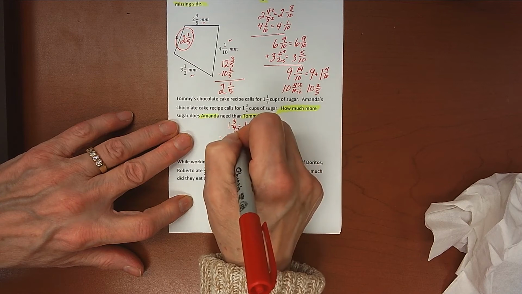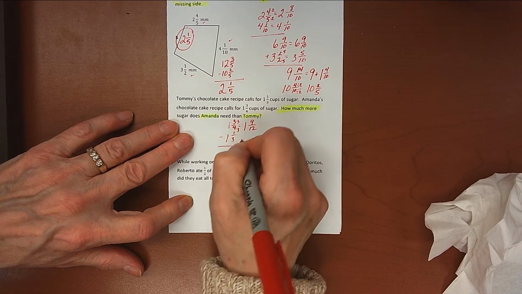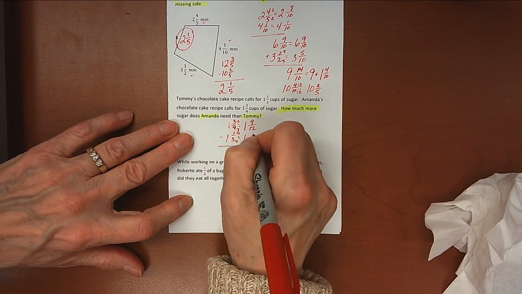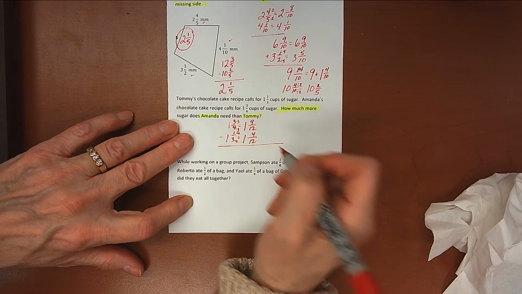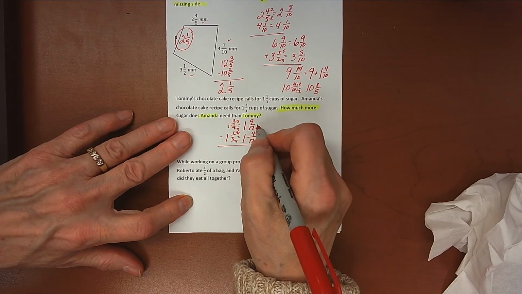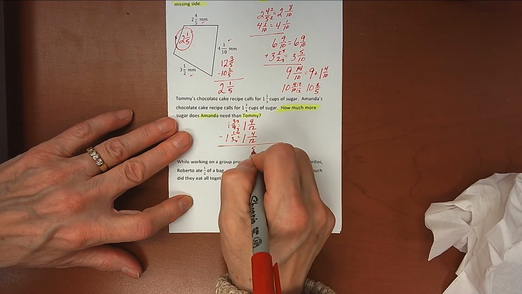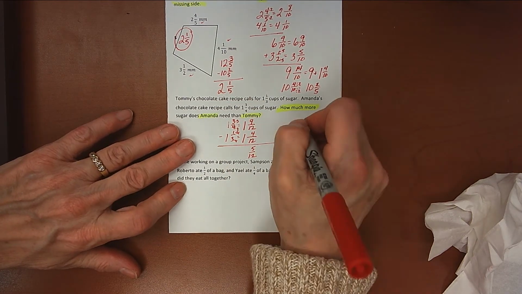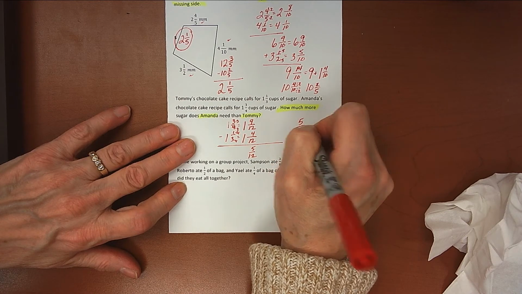4 times 3 is 12. 3 times 3 is 9. 3 times 4 is 12. 1 times 4 is 4. And remember, we're subtracting. So 9 minus 4 is 5/12, and 1 minus 1 is 0. So Amanda's recipe has 5/12 more